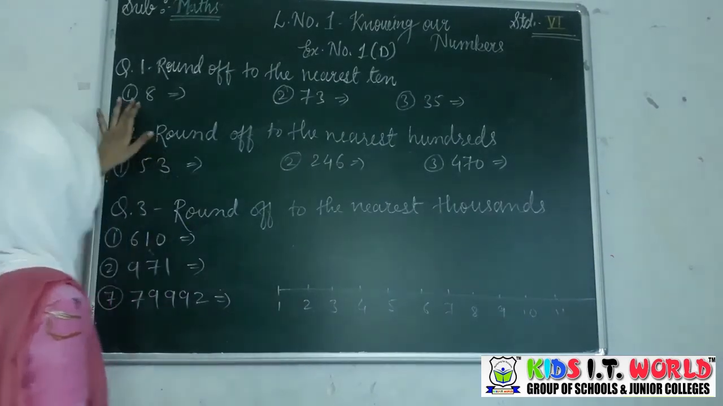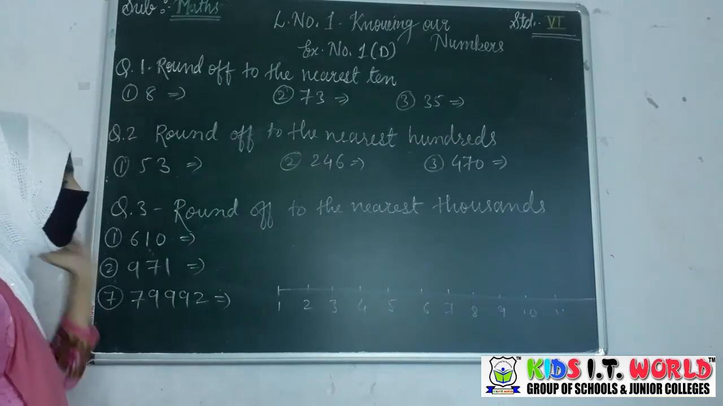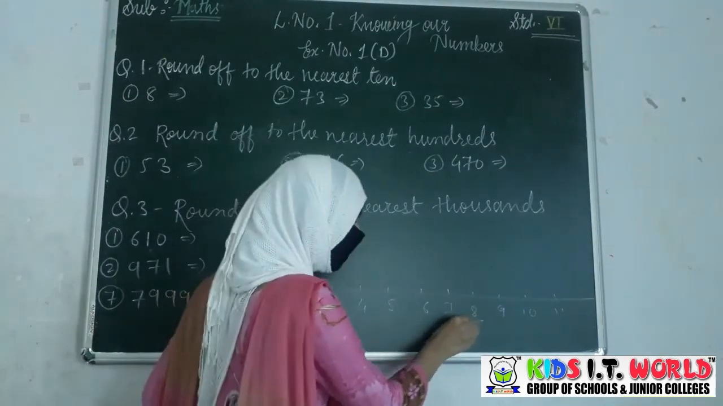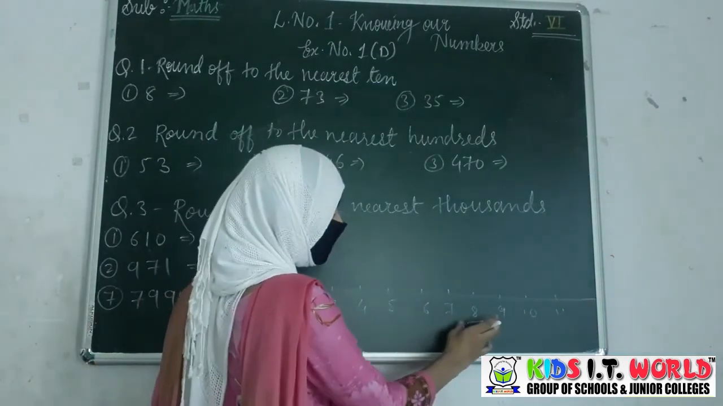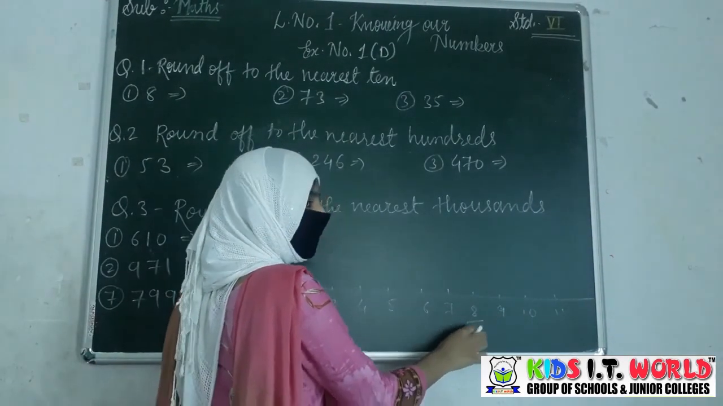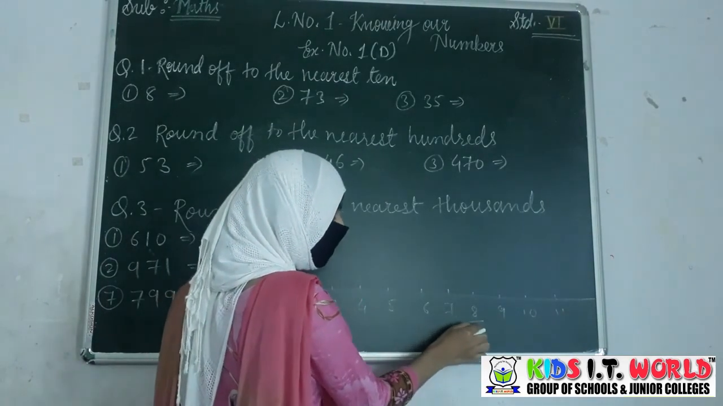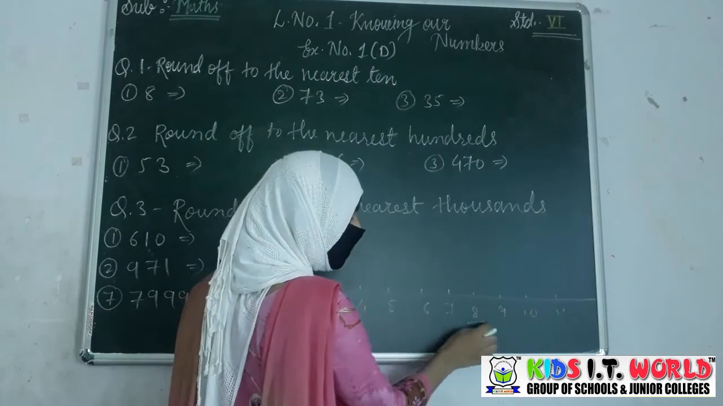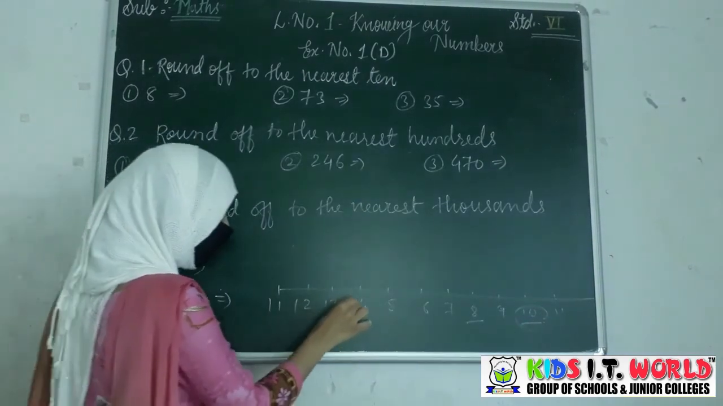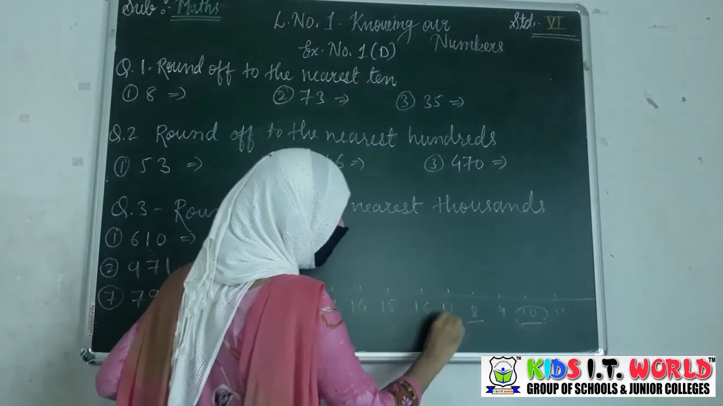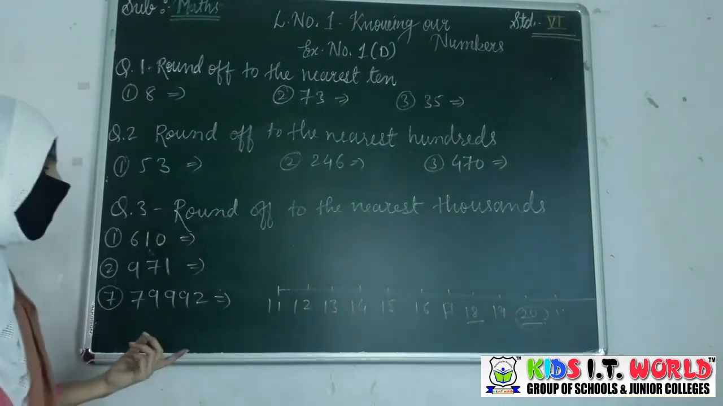We will see. You have to find the rounding off value to the nearest 10. If they have asked you to find the rounding off value to the nearest 10, it means you have to find which value of tens is nearest to 8. Here the rounding off value of 8 which is nearest to the tens is 10. Now if I take the numbers 11, 12, 13, 14, 15 and till 20, you have to find the rounding off value of